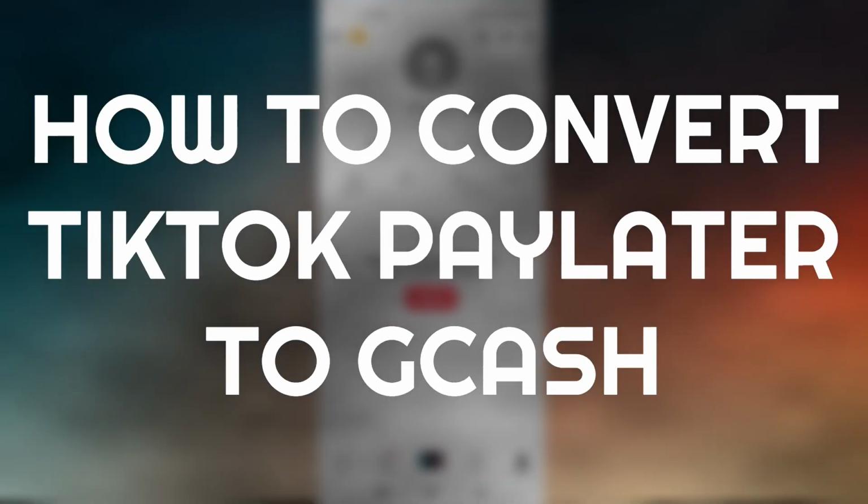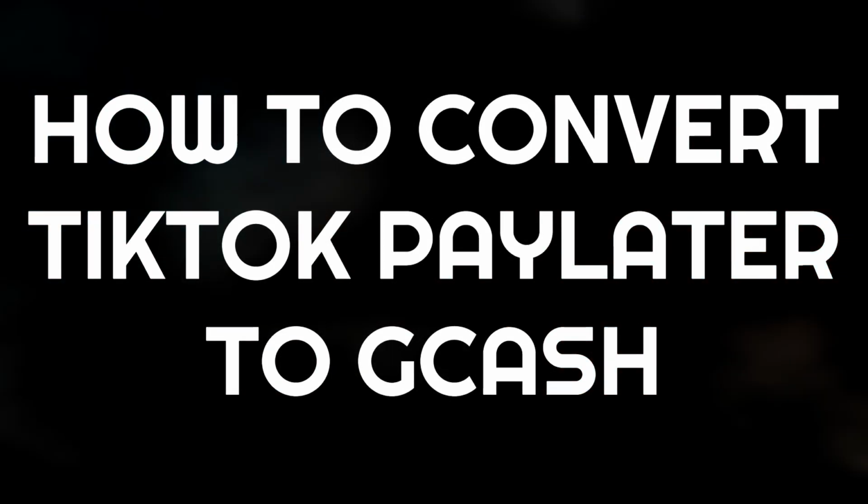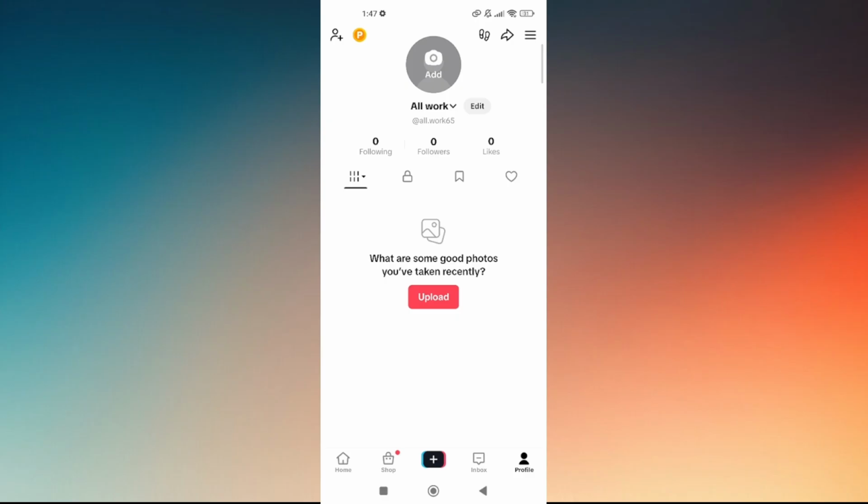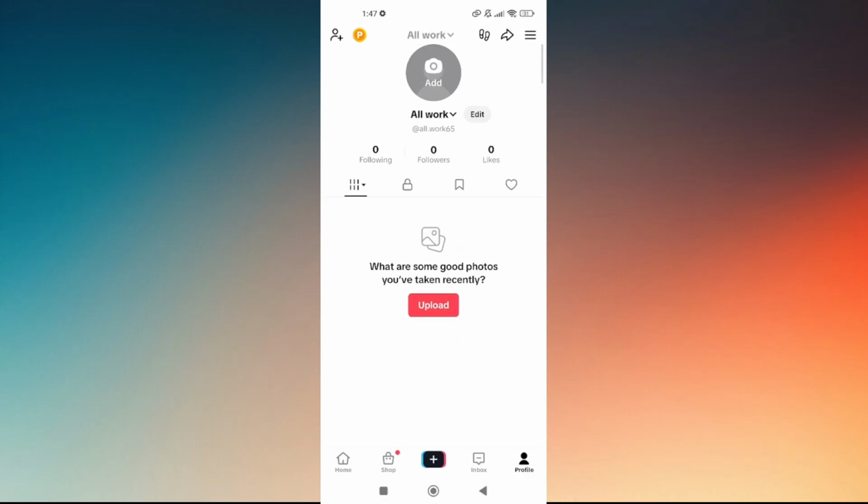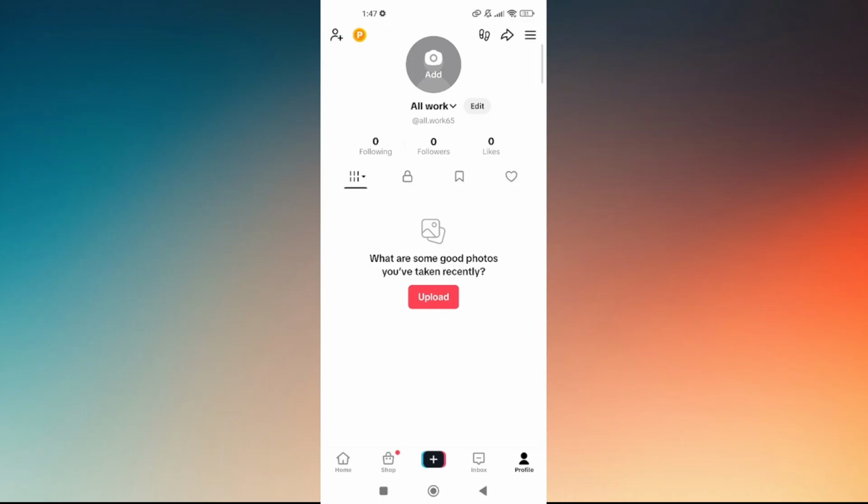How to convert TikTok Paylater to Gcash. So first things first is of course open up your TikTok application. Once you're here, make sure that you're logged into your account. Locate your profile at the lower right portion of your screen and then just simply tap on the three lines